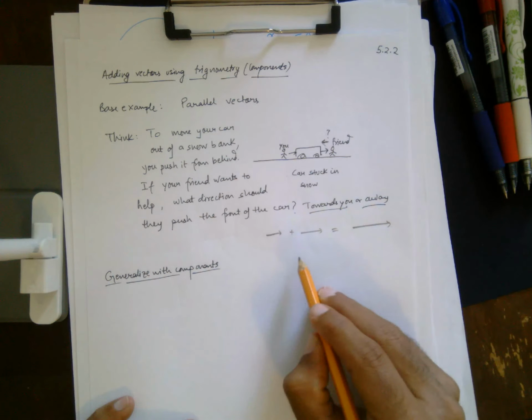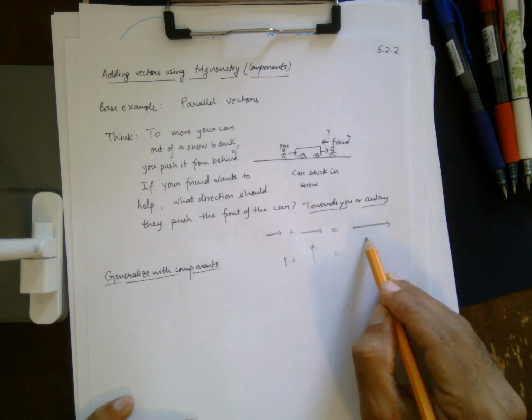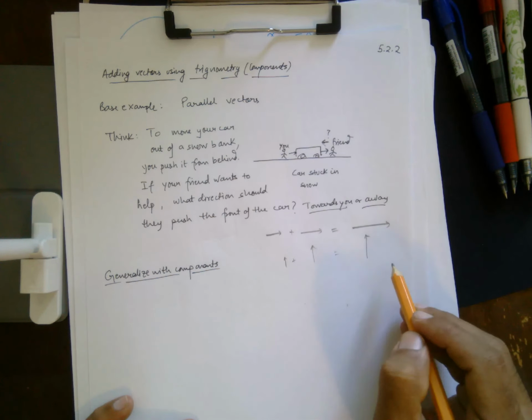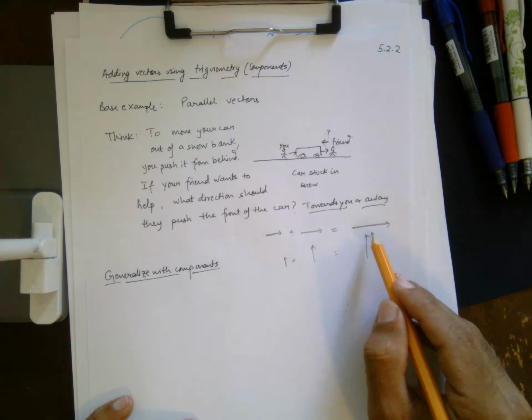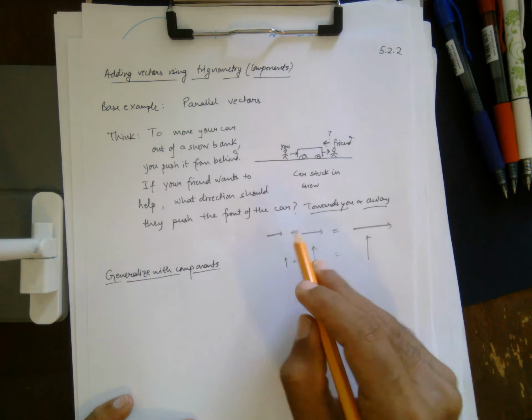What does that mean? If I add two parallel vectors, then I get a vector in the same direction but longer. Similarly, if I add two vertical vectors, what I get is a third vector in the same direction that is vertical but just longer. So these are easy cases,